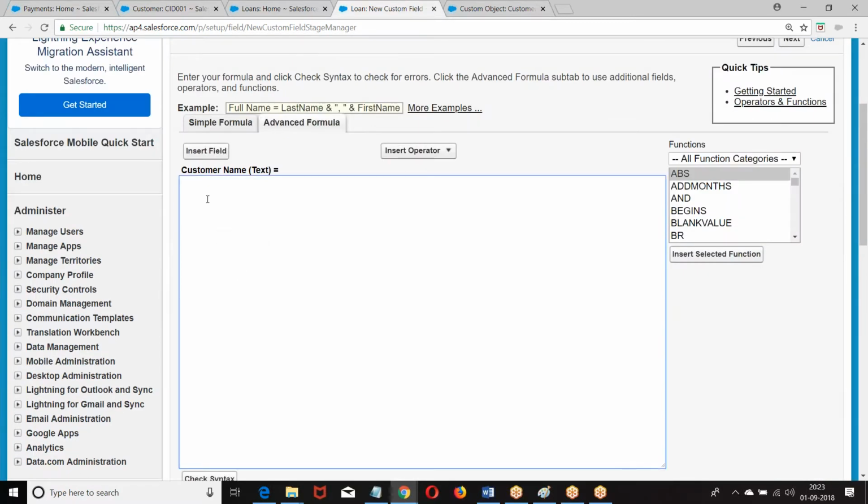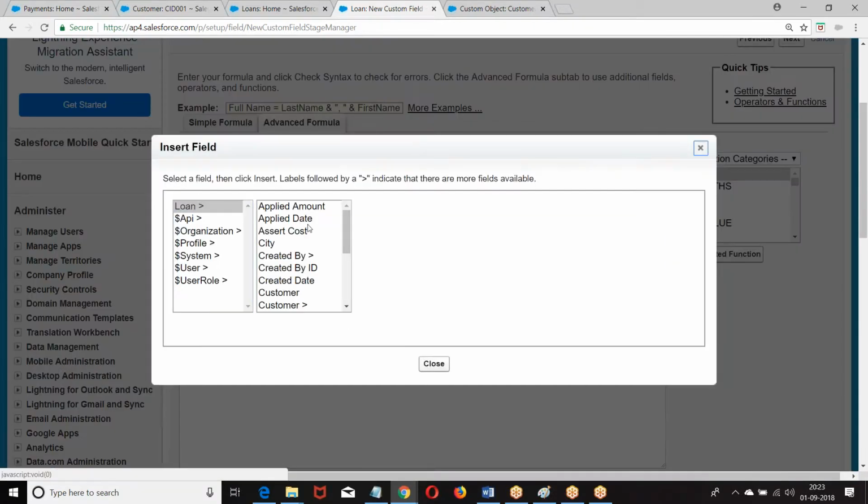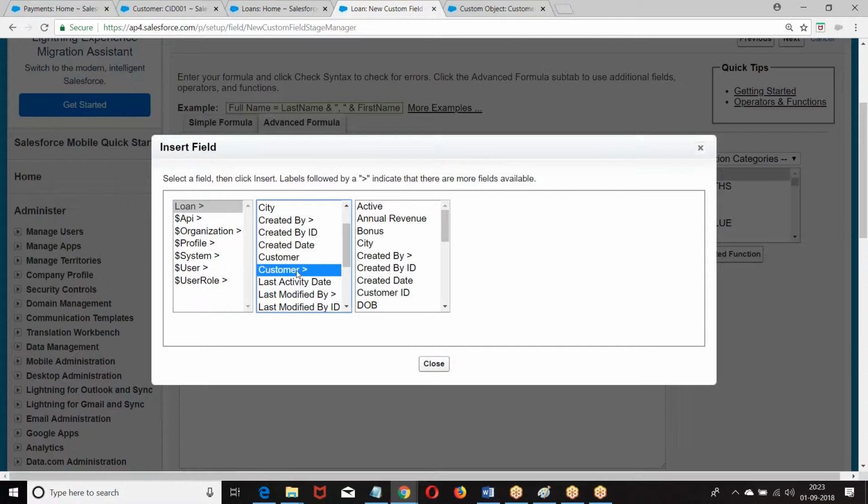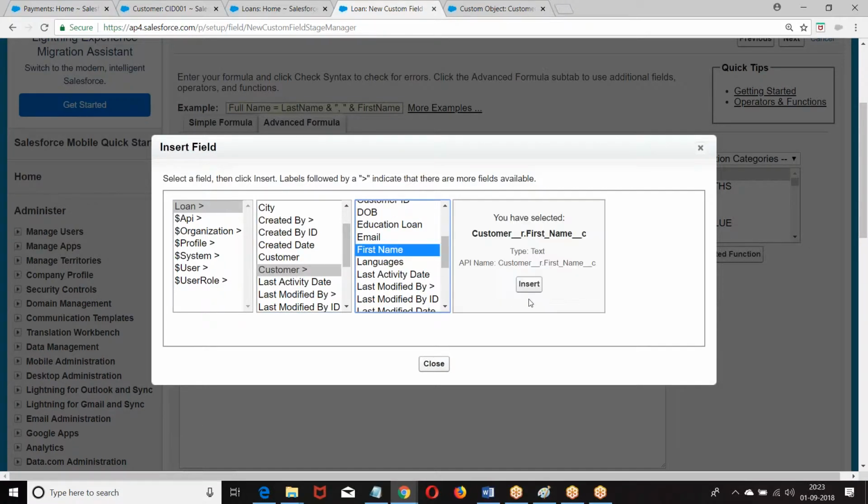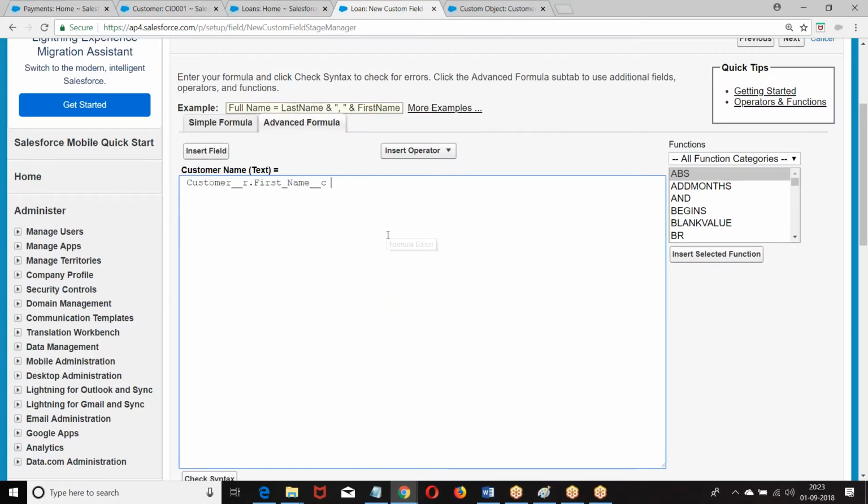Is it a standard field or a custom field? It is a custom. So on the loan object, we have a customer lookup relation. The customer we have plus customer underscore underscore r dot.